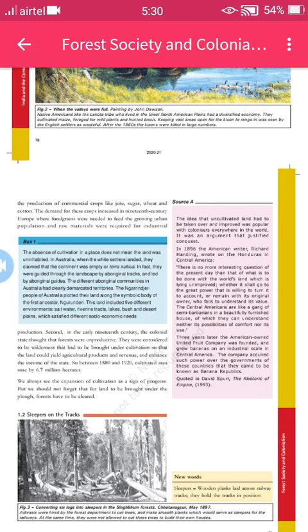Now they are using different technological methods for cultivation. For that we should not forget that for land to be brought under the plough, forests had to be cleared. Why? Because